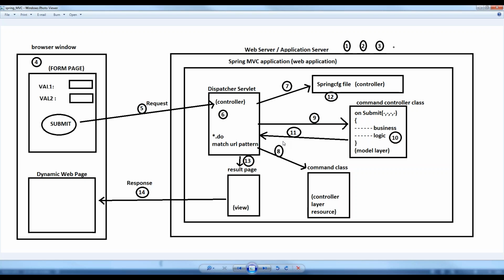This we can see later, because before going to Spring MVC, we have to first understand the Spring Core module and Spring AOP module. Then you can easily understand Spring MVC. Without understanding Spring Core and AOP, understanding Spring MVC is a little bit difficult, not too difficult. It will take some time to understand all the terminologies.